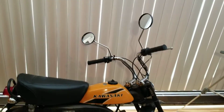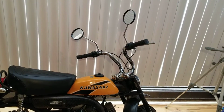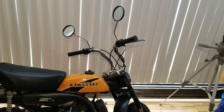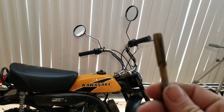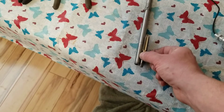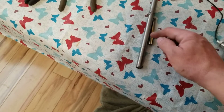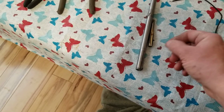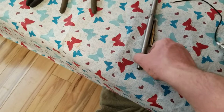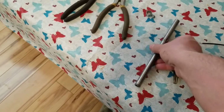because I wanted to put KE mirrors on it, because I'm making the bike street legal. So I tapped out the mirror bosses, put two KE100 mirrors on it, and then I said, geez, you know, I'll just use that tap. I'll cut the rod to length. So basically I cut it there, measured it out, and cut it right about there, made it yay long, drilled a hole in the center for the wires, heat shrunk it, and then tapped it out. I put it in a drill with some sandpaper, spun it up, polished it up a bit, and then I ended up with